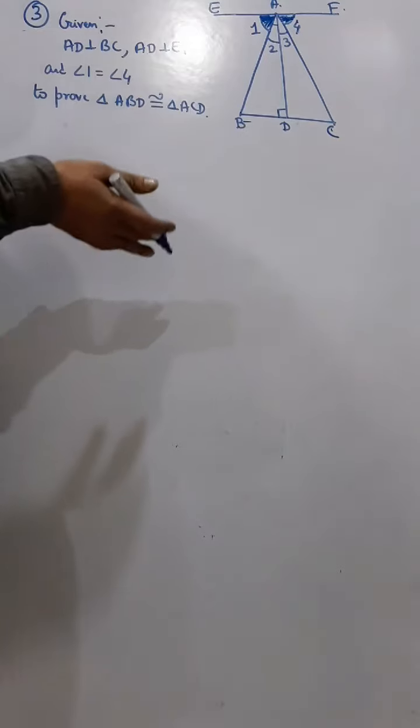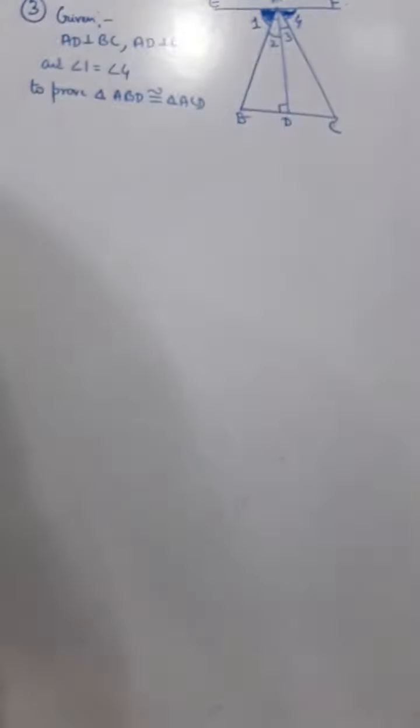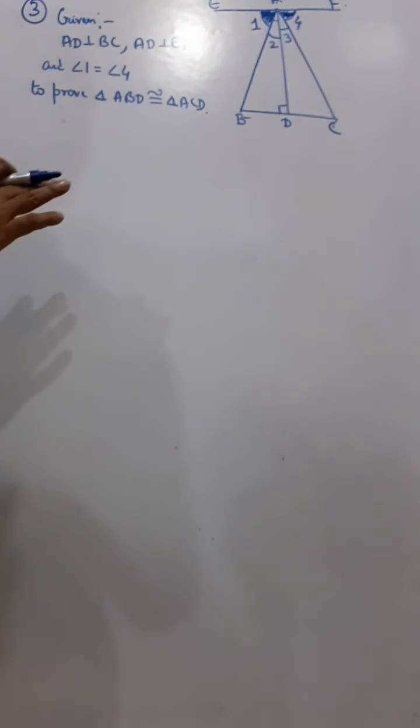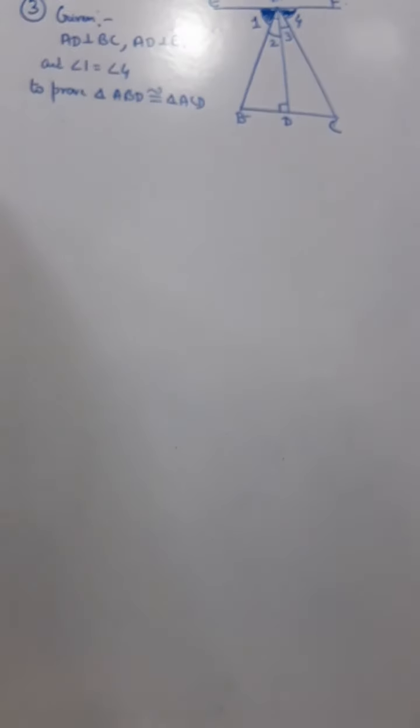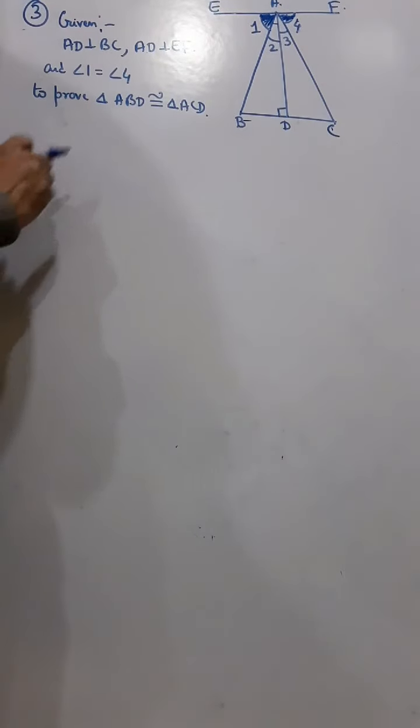And in this case we can find only 2 points. First of all, whenever you have to prove congruence, first identify the triangles and then find out how many points you can find there that are equal. So find them, and then find the unknown parts which are not given. Okay, I am explaining it like this.